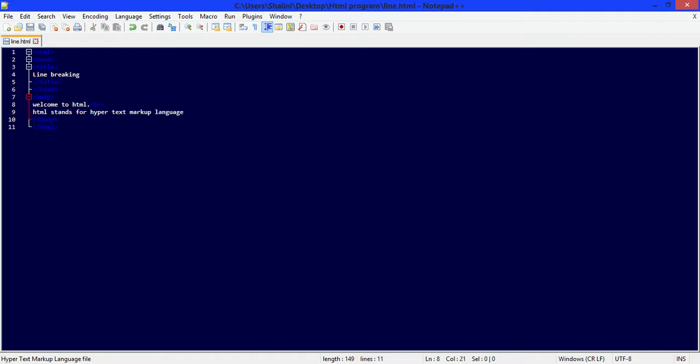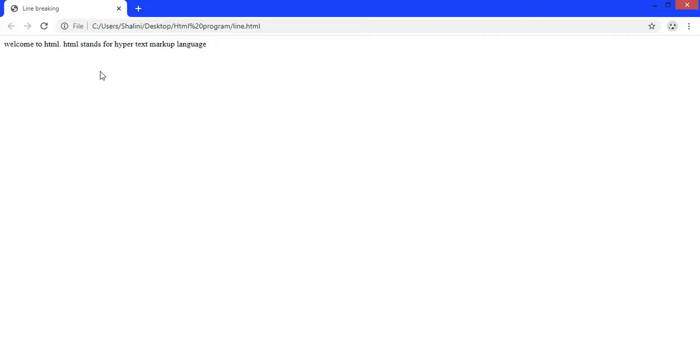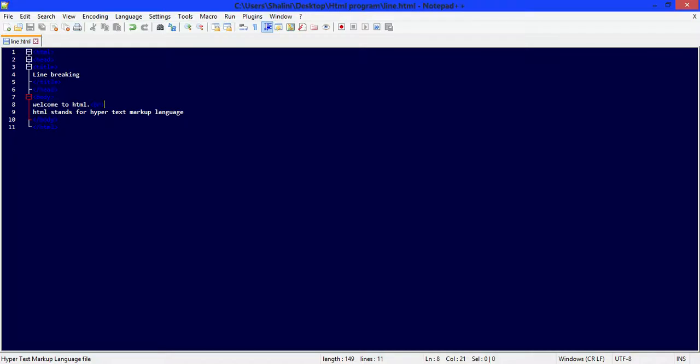Now save it and refresh it. See, the both sentence written in same line previously, but now it is displaying in different line because of BR tag. Here we did not close BR tag. See, we did not close BR tag because it is an empty tag.